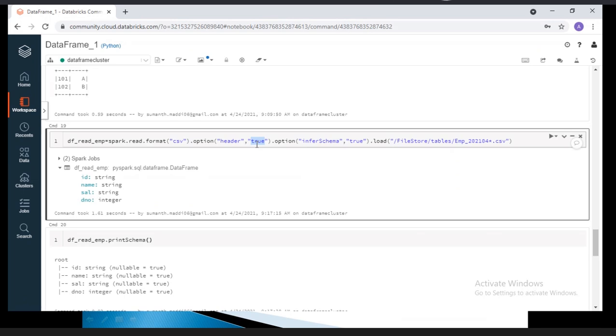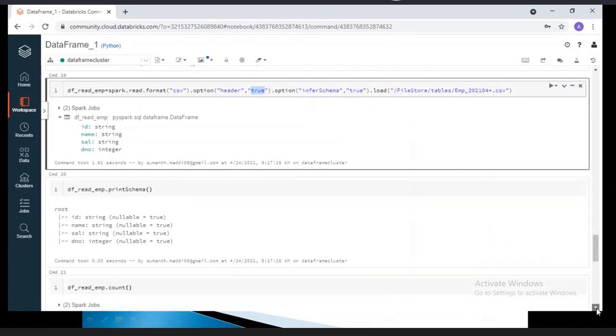Without informing you, if you're writing this data to a named table, for example using insert into table select star from this data frame, definitely your process will fail. Will you agree?